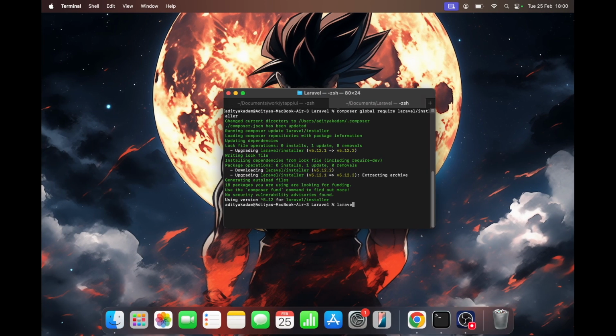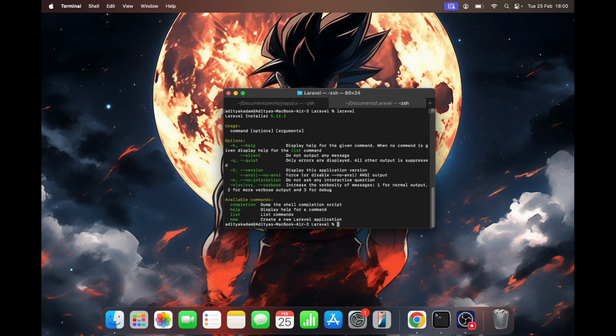We need to make changes because sometimes if you use Laravel, in my case it does show the command, but in some cases it won't. So in those cases you need to make changes, and I'll tell you what changes you need to make. If you're on Windows, then you need to add Laravel to the path variable in environment variables, but if you're on Mac, you need to add it into your